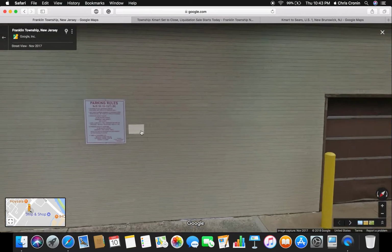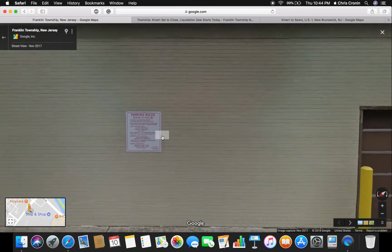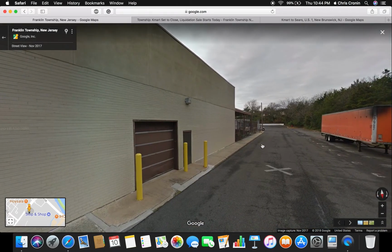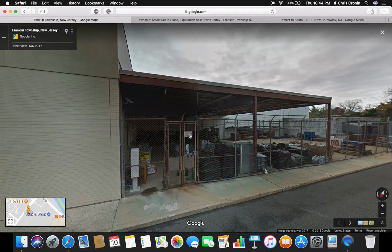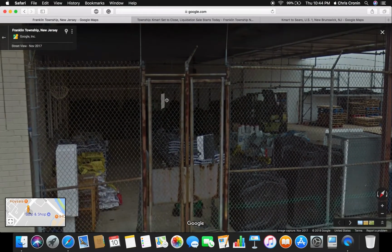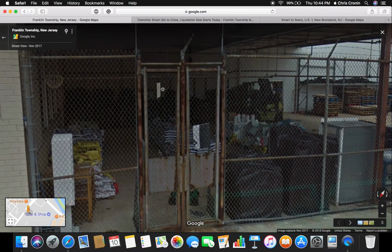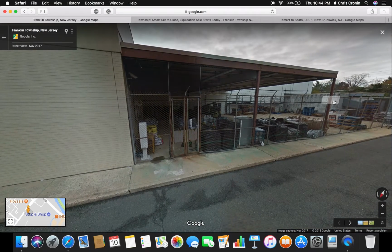Parking rules, it looks like. Customer employee parking only. Yeah, I don't care about that. Back here is going to be the former garden center, but you can clearly tell, I mean, even look at this fence. Look at how much rust is on that fence. That's when you know that your company is losing money. The fact that they haven't replaced this fence looks really bad on the company,